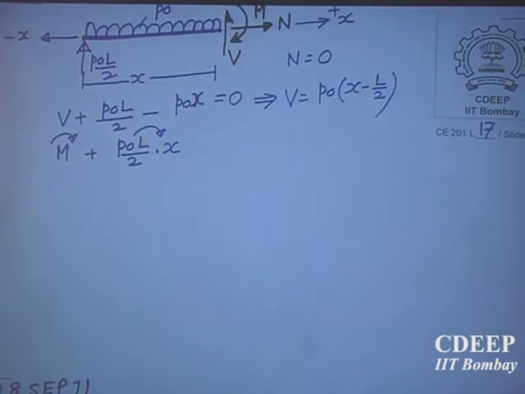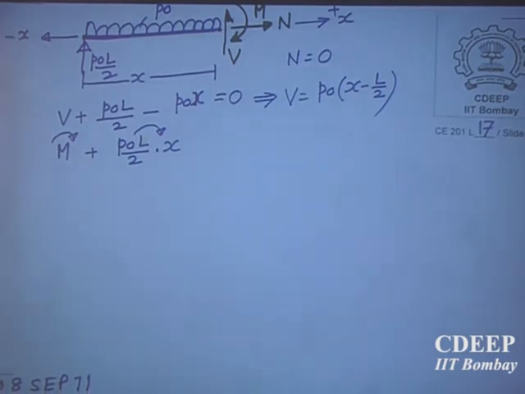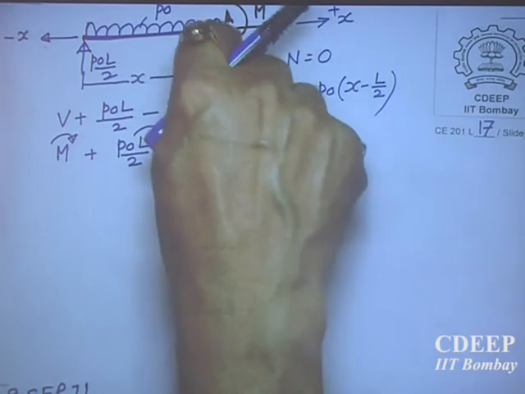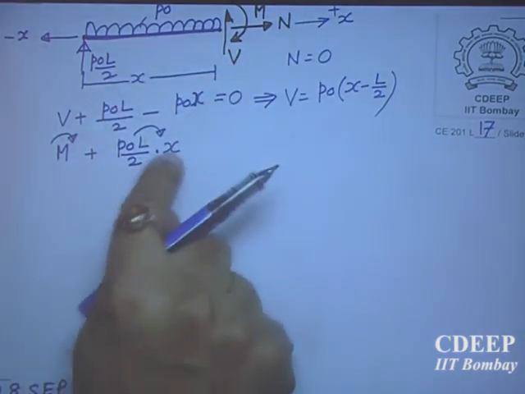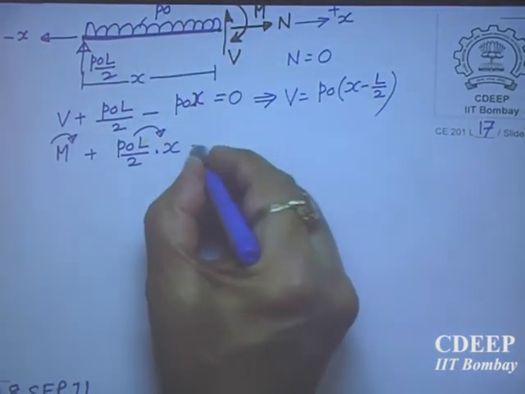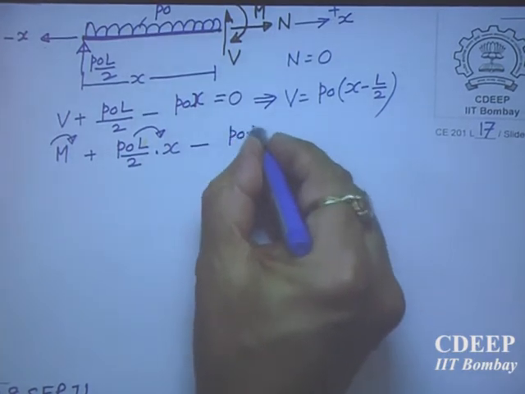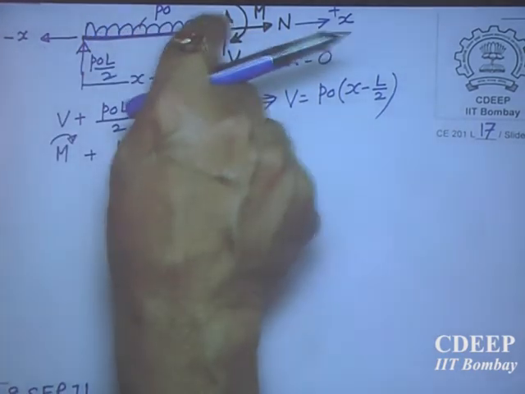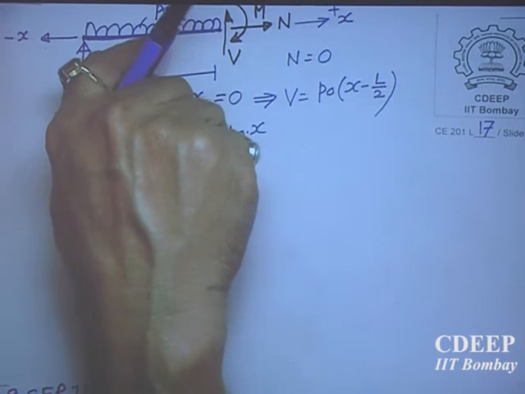So don't be mathematical. Initially you must have physics in mind. It is okay, one is use vector calculus and then don't worry about physics. Everything will be taken by vector. But then it is important to understand also physics here. We must know what kind of moment. So this is about this point P naught L by 2 into x. What else? Then this force will give me a moment, but that will be negative. P naught into x will be here. It will be acting through centroid. Total load will be acting through centroid here at x by 2. Is it okay or not?